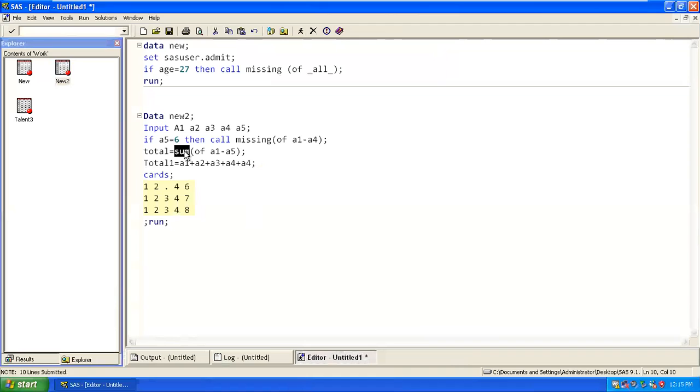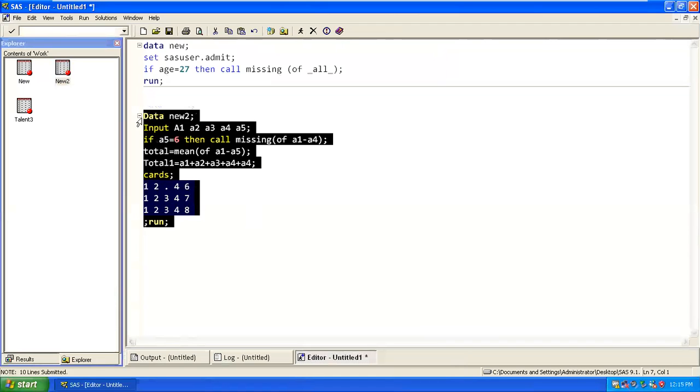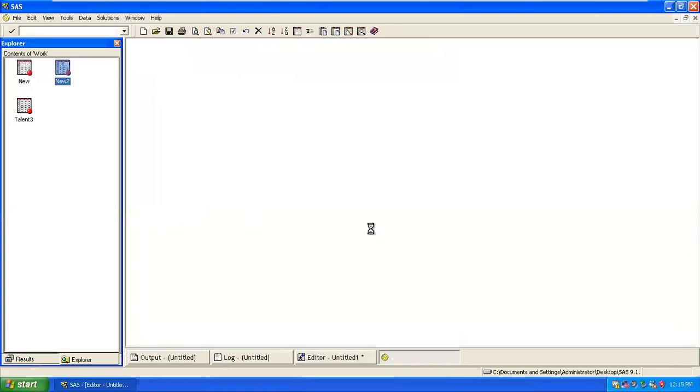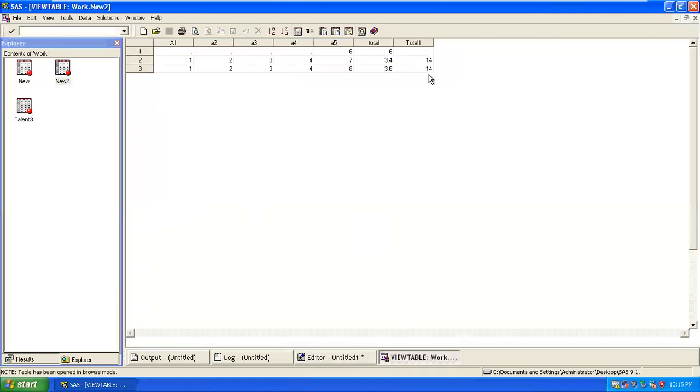So if you try to calculate the mean of this, now the problem over here is that the second row and third row mean is getting calculated based on dividing by 5, correct? Because the missing is there, it won't be able to do it.